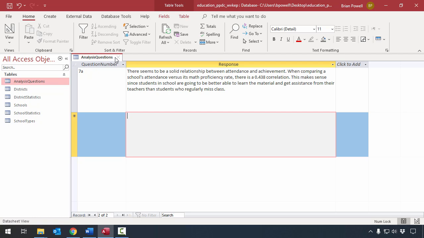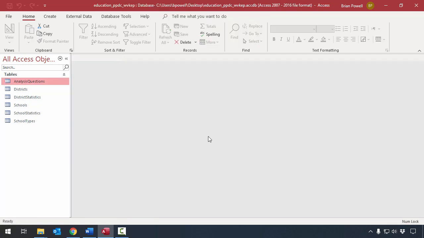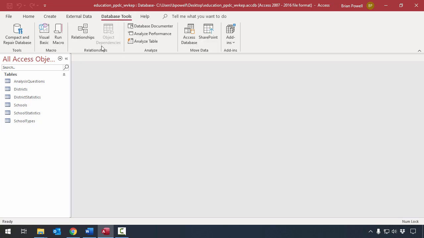Go ahead and close out the analysis questions table. The last thing we need to do with this file is to go and run the compact and repair database utility. That's on the database tools ribbon, and it's this compact and repair database button. I'm going to go ahead and click it, and you'll see it just quickly modifies my database, and basically what it does is it shrinks the size of the file,